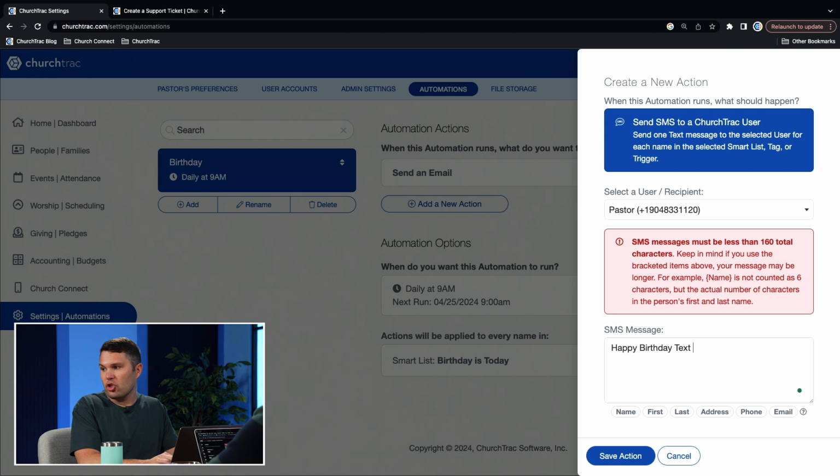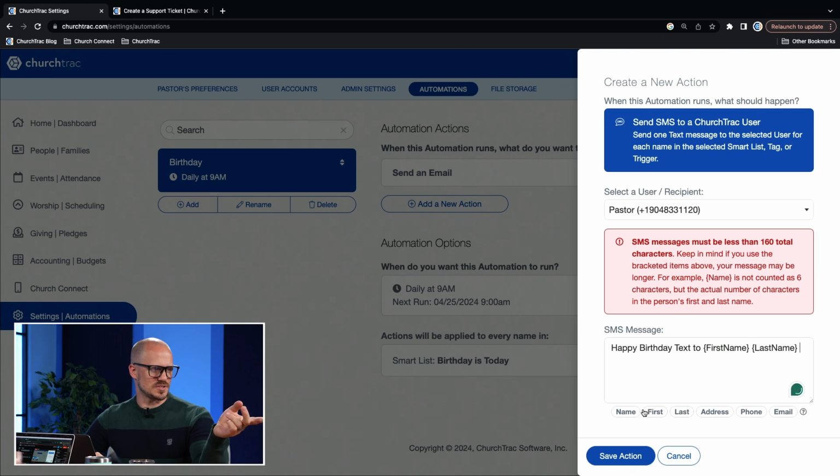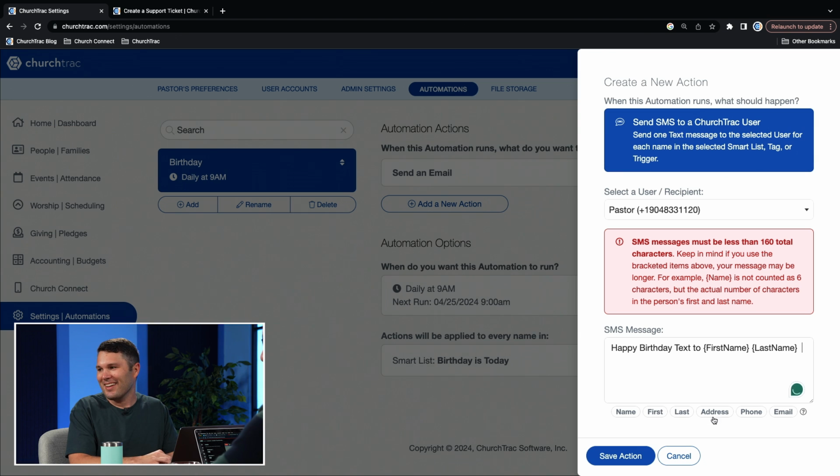text to, and then I'm going to put their first name, their last name, because the software is automatically going to input this. Well, if you just select name instead of first and last, it'll do that too. It does the whole name. That's right. Come on, Wes. Silly Wes. Tricks are for kids. And then I'm going to put their phone number just in case the pastor's mobile may not have their number on them,